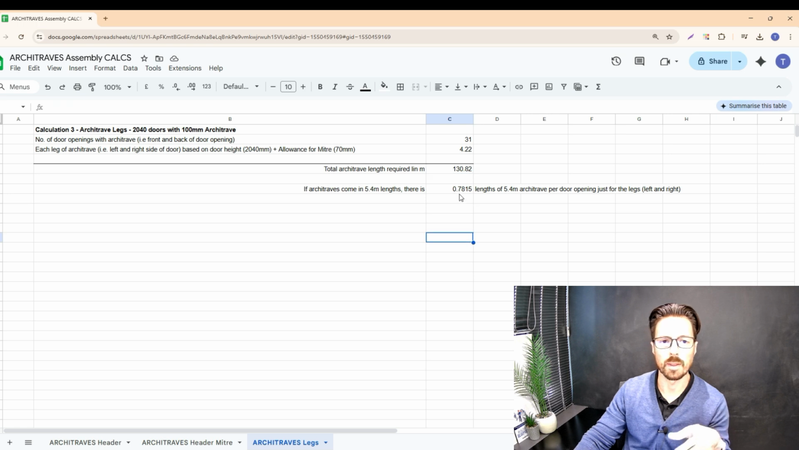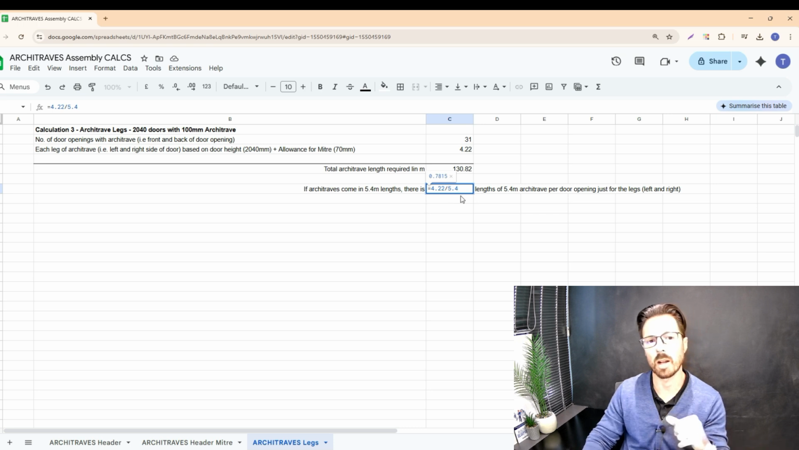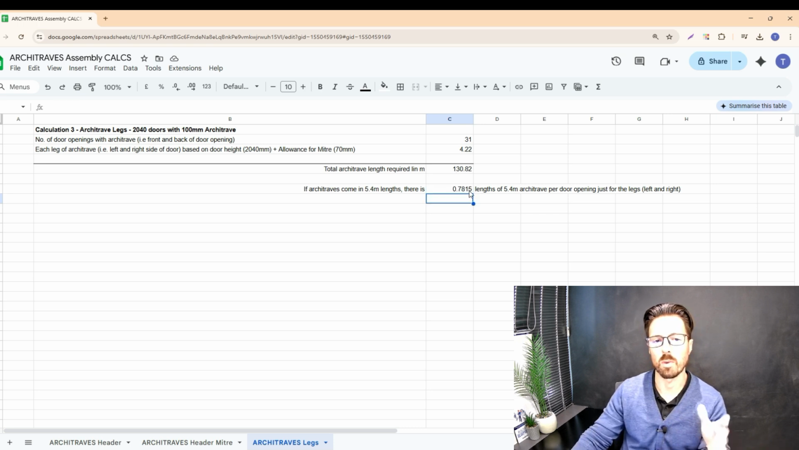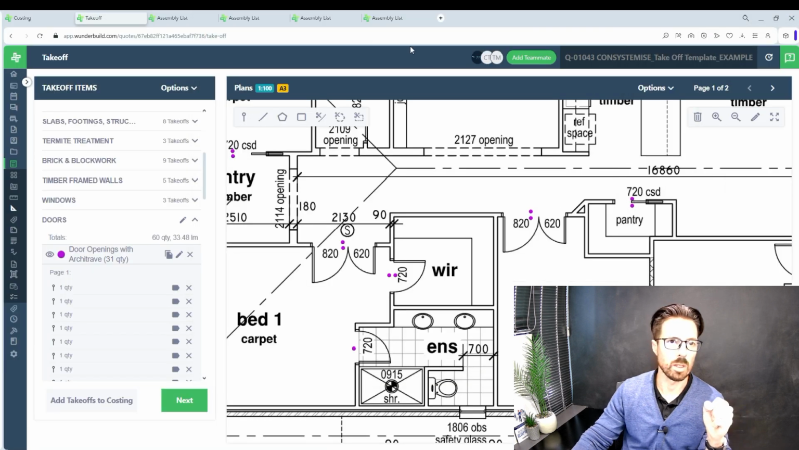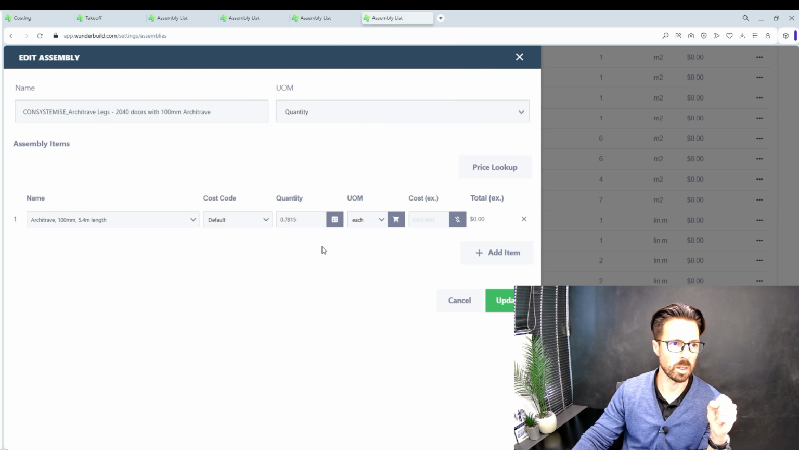left and right. And then again, I'm bringing that calculation back to a figure that relates to this 5.4 metre length of architrave that we're going to need to order. So if I do 4.22 being for each door opening here, divided by 5.4 for that length of architrave, it gives me 0.7815 as a quantity I need for each door opening. So going back to the assembly now in Wunderbuild,